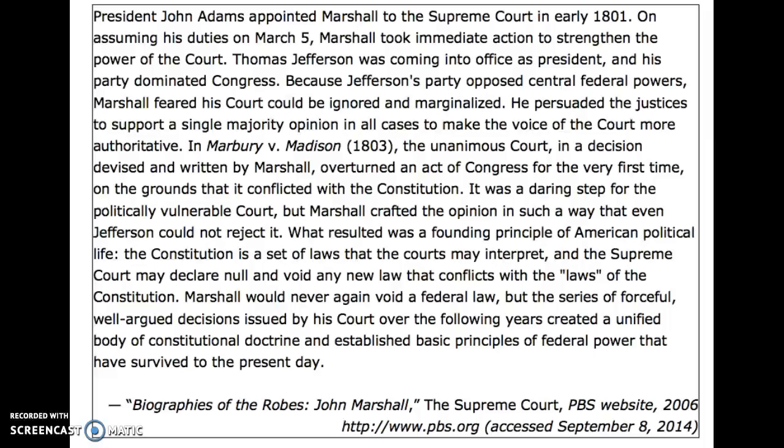Number 1. Based on the excerpt, Chief Justice John Marshall exhibited his leadership skills by A. Fighting for the rights of the American people. B. Writing most of the opinions of the Supreme Court. C. Persuading others to respect the decisions of the Supreme Court. D. Engaging in spirited debate with political leaders of opposing parties.